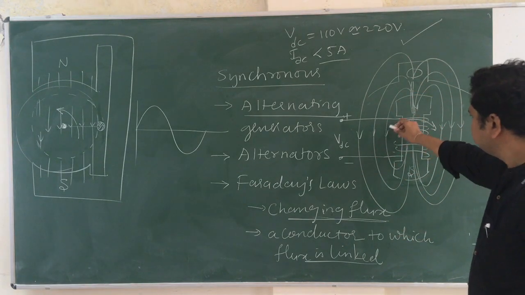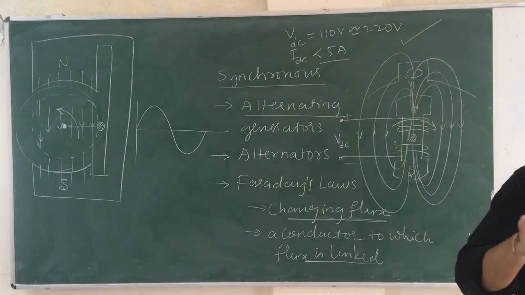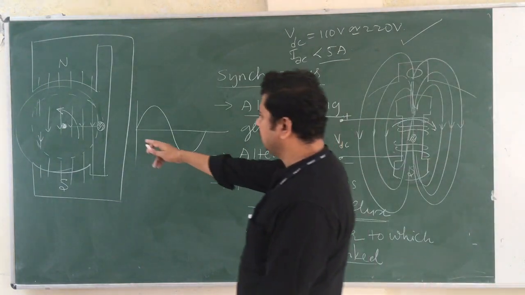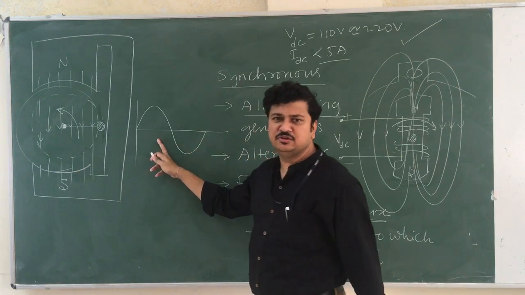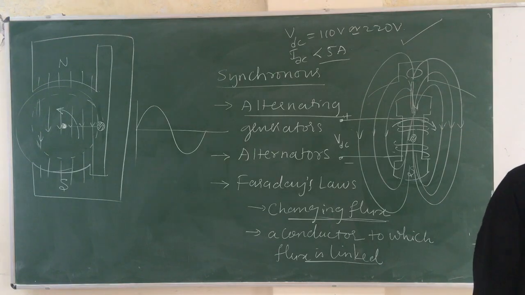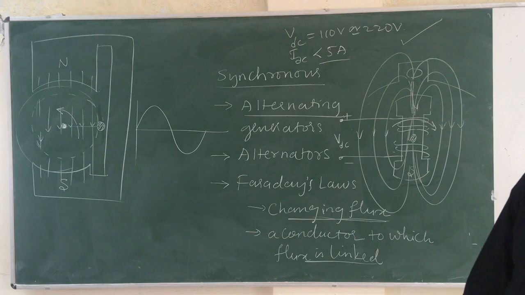Now, because the rotation is circular, the EMF induced in the conductor is exactly a sinusoidal voltage. When I make a conductor rotate in constant flux lines, the induced EMF is sinusoidal in nature. This is how I generate electrical voltage and current, or general electrical power, in an alternator.